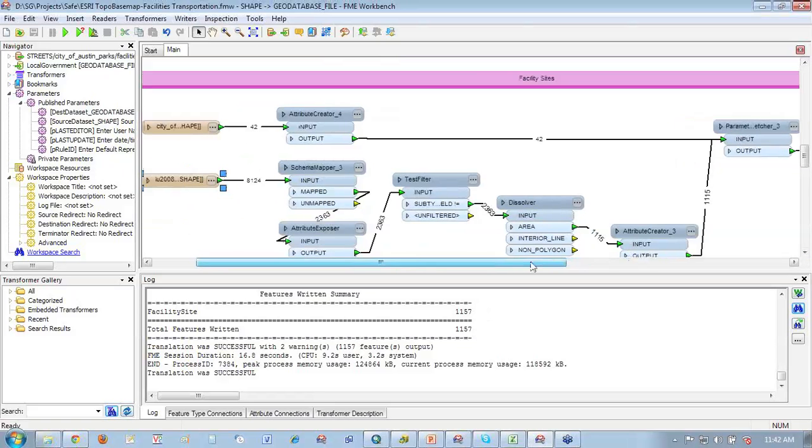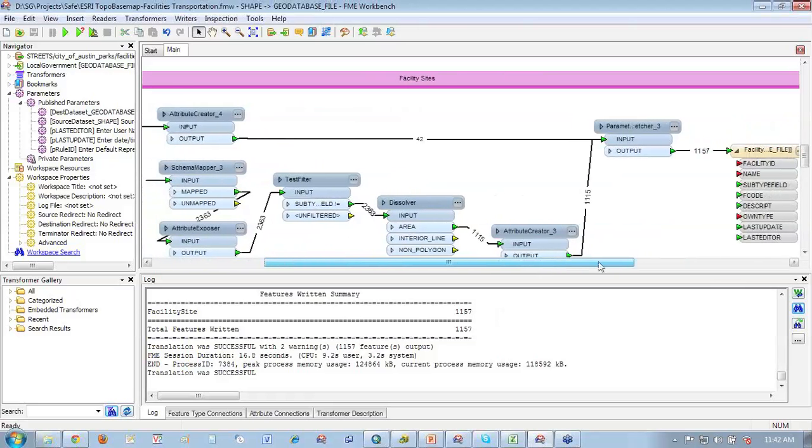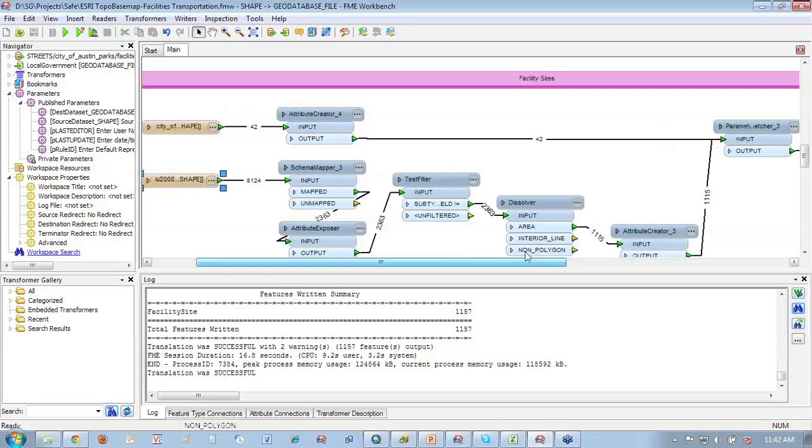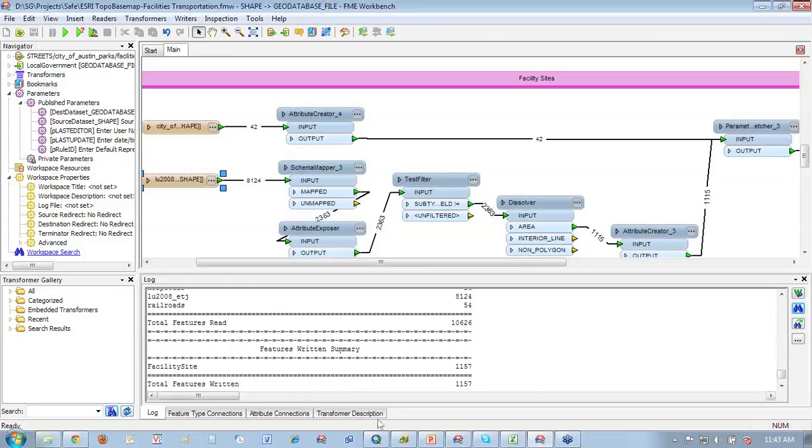So I may get a little bit of duplication on parks and things, but actually when I looked at this some more, it wasn't really creating too much trouble. So again, just to give you the numbers, we read about 8,000 land use polygons in that subset in the downtown area. We ignored a bunch. Actually, when we did the schema mapping, we got about 2,300 out of that. And when we dissolved, that turned into about 1,100 things. And altogether, we wrote out about 1,150 polygons.